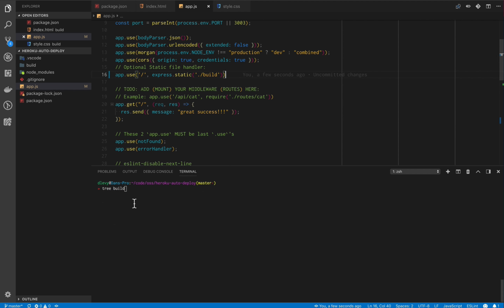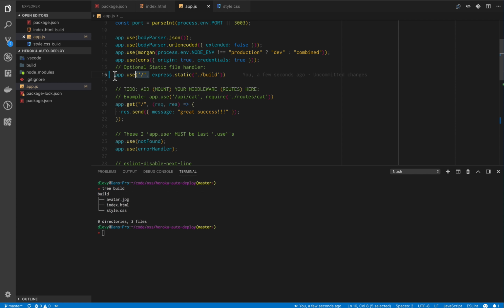like I've got set up here, let me show you the build folder. So our build folder I've set up here in my Heroku auto-deployed app. The build folder has an avatar JPEG, an index HTML, and a style CSS. Plain old static files, and as long as there's an index HTML in there, we will have an easy time